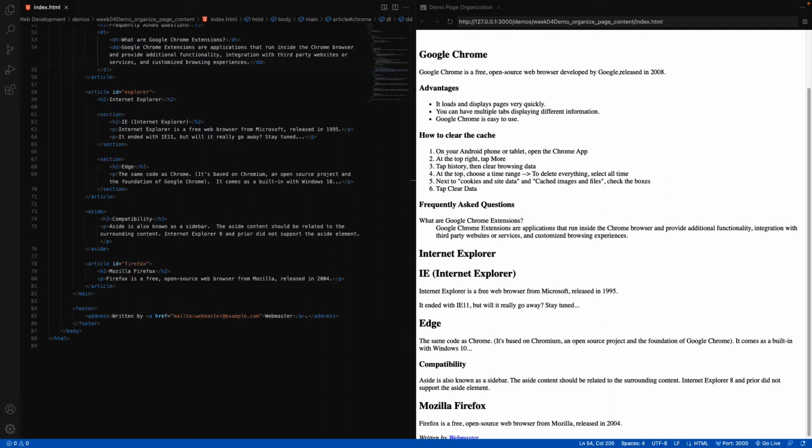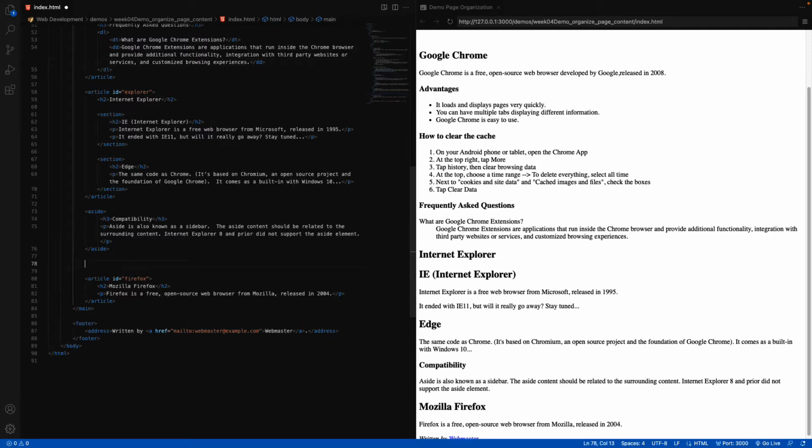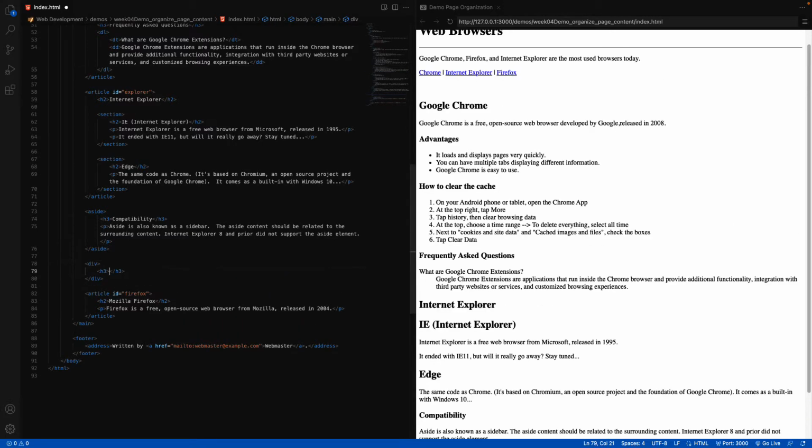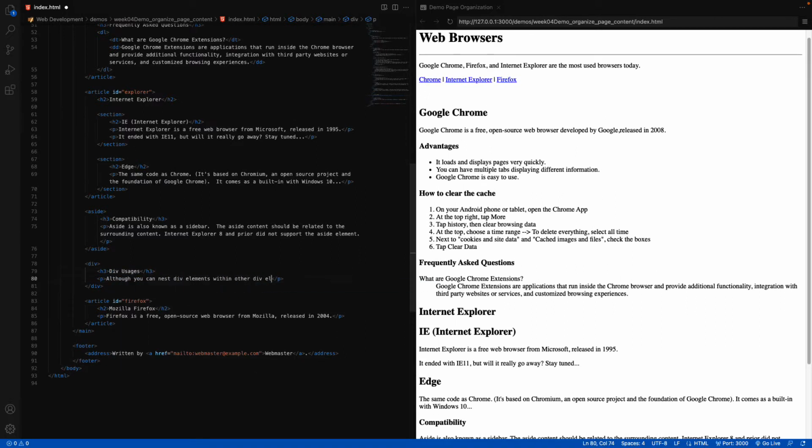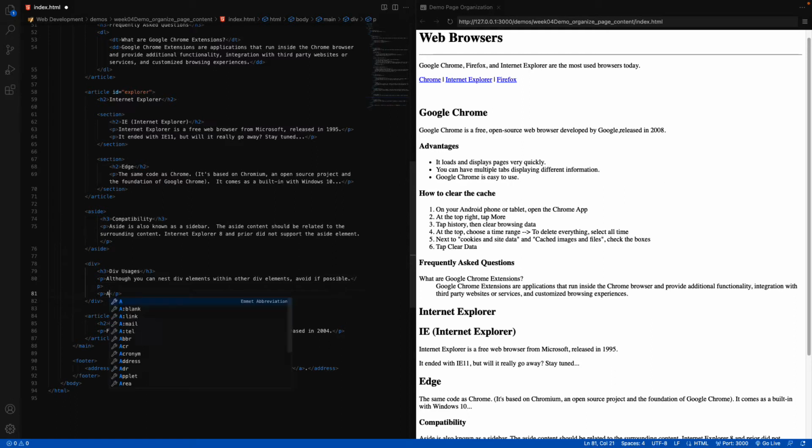Now you should only use the div element when no other block level element makes sense. You want your HTML markup to be as meaningful as possible, and the div element doesn't provide any semantic meaning to our actual HTML. For example, if I just added a random div with a heading and a couple of paragraphs,